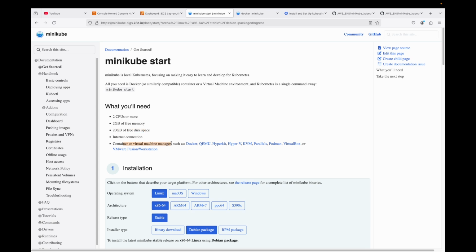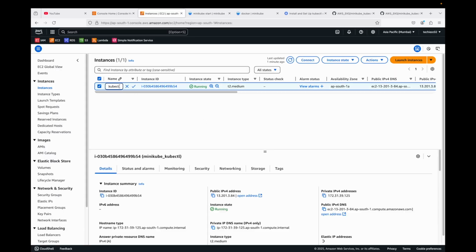So in our case, I will be using an EC2 instance, and I will be using t2.medium because that is what will satisfy this requirement for me. And please remember that you'll have to pay money for this. T2.medium is not free. So here I have an instance running, and you can see I'm running t2.medium